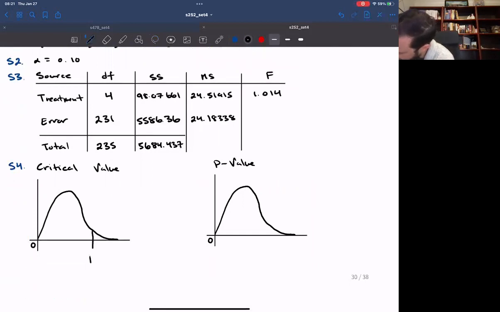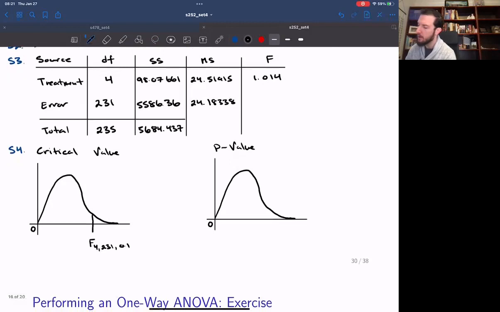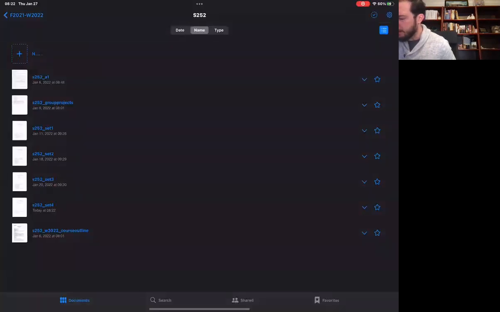So this is going to be an F on 4, 231, and 0.1. Now, we know from the F table, we're not going to be able to get the degree of freedom for 231, we're going to have to round down. Okay, so we're going to use F on 4, 120, 0.1. So if we go to our F table now,